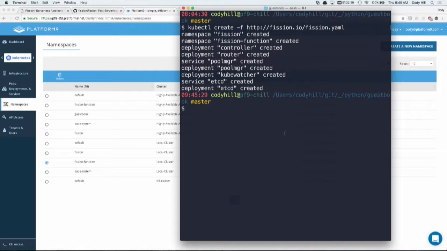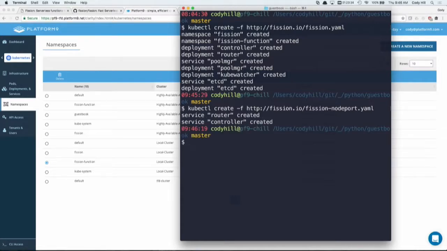Great. So now Kubernetes has this concept of running deployments and pods and all of this, and then another concept of services. How do you consume that application you're running, right? You need to expose it outside of Kubernetes, and that's done by a service. So we're going to launch a node port service here. So I'm going to do this exact same command, but then we're going to actually create a node port for us. fission-nodeport.yaml. Okay, so again, this is all right off the Fission.io website. We're going to create that service.